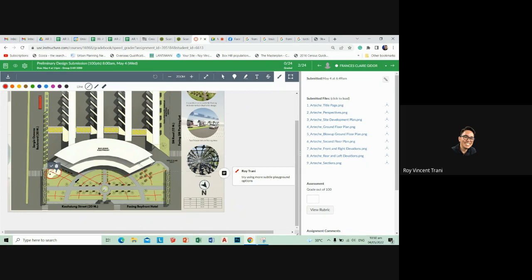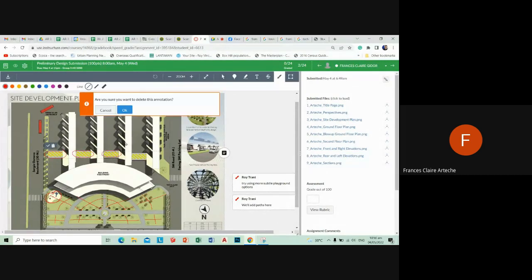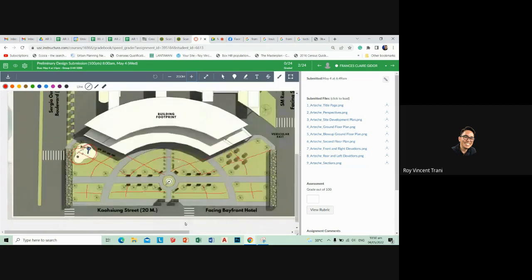More like Spider-Man mask, but we'll make it look nicer. We'll add paths here. Sir, I'm not sure about my walkway. The third bottom picture. This one? Okay. Yeah, it's maybe a bit too much to cover the walkway. Yeah, I think you can just do a simple